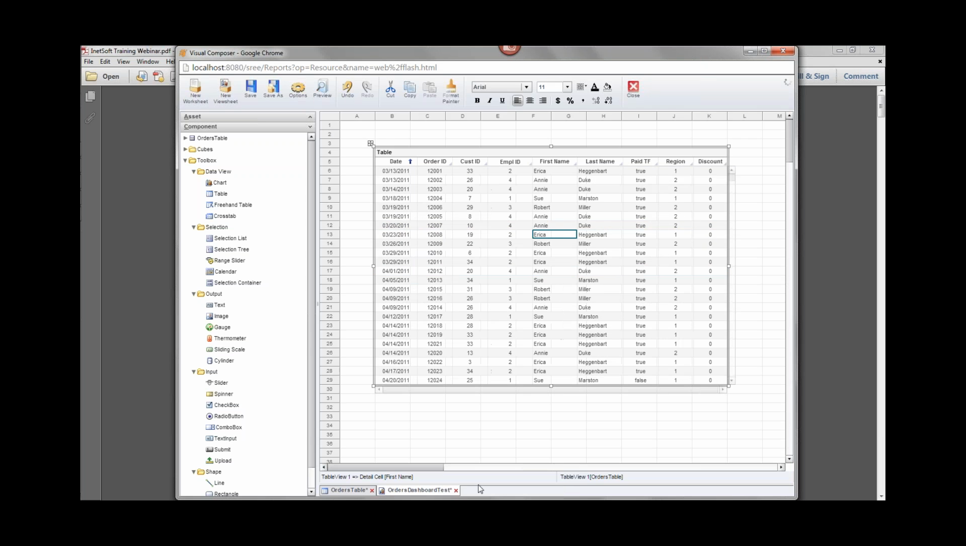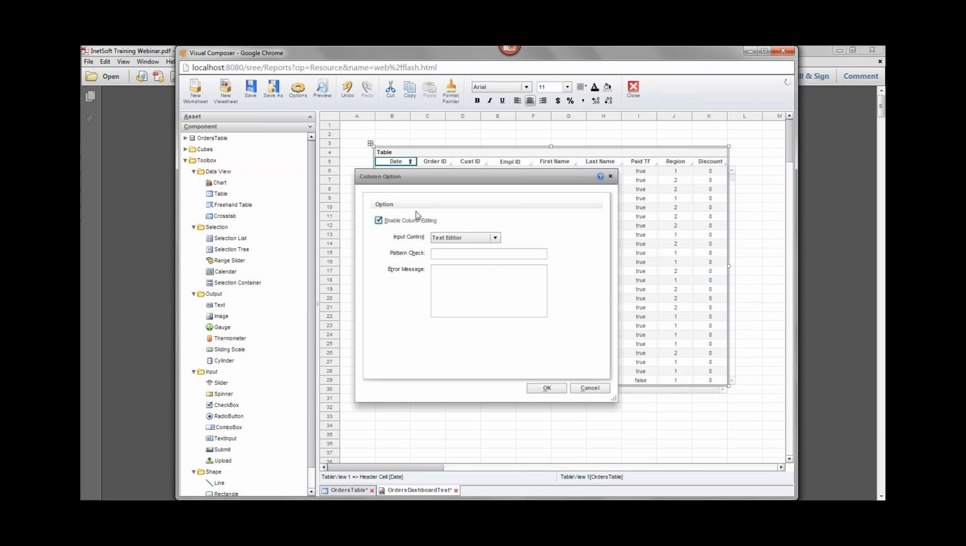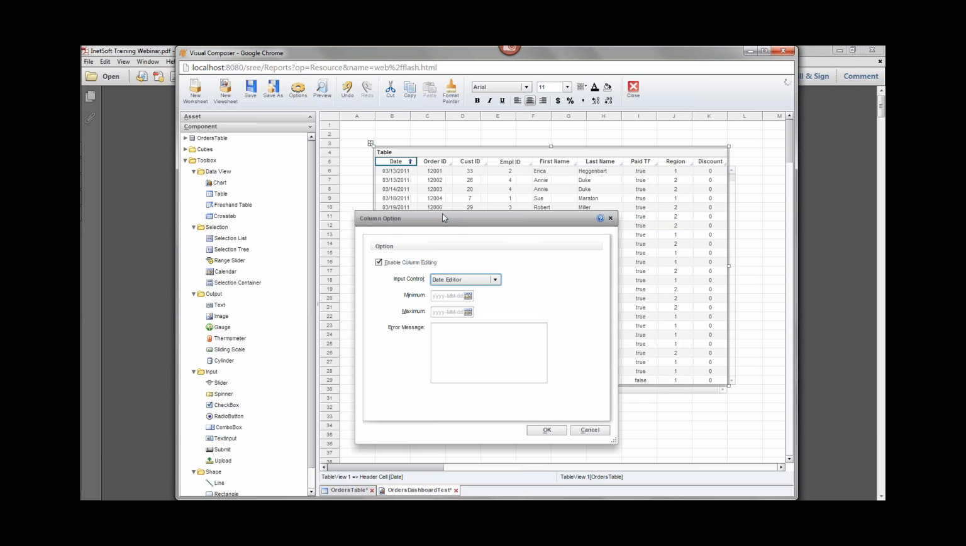Part B of part 1 is that you can set constraints for the data that the user can enter into the different columns. So for example, for a date column like this, what you would do is you would right-click on the column header and select column option. And then this gives you the ability to select the type of input that the user will provide. In this case, the input will be, let's say, dates. So you would select the date editor because it's a date column, and you select a minimum and a maximum